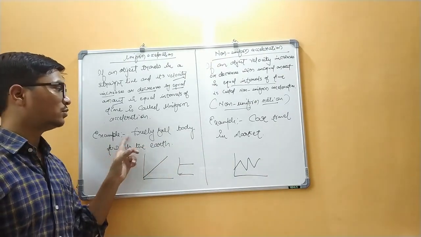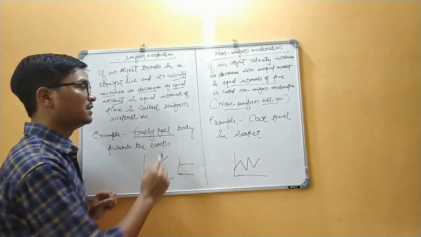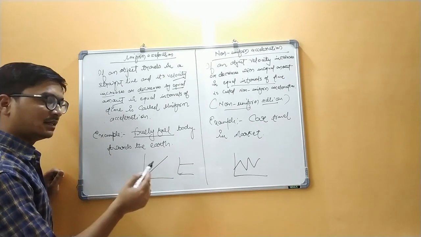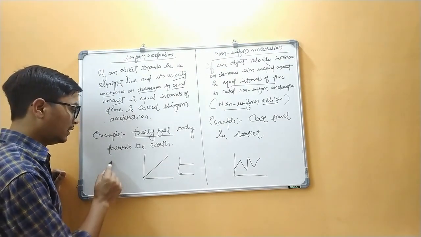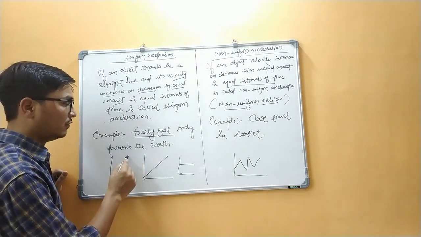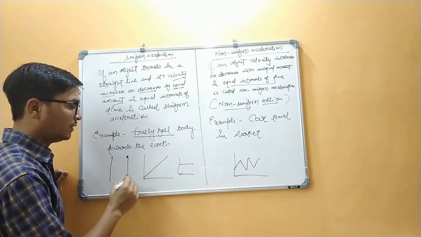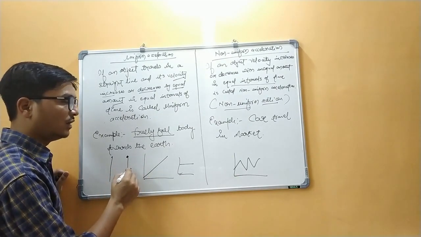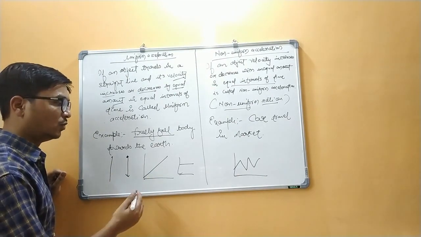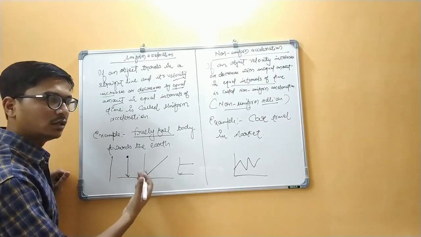There are two types of examples. The first, for uniform acceleration, is the free fall of a body towards the earth. For example, when we throw a ball in an upward direction, it comes down, without any resistance or interruption. It comes down towards the earth with the same acceleration. Understood? You know why objects come towards the earth? Due to gravitational force. Understand?